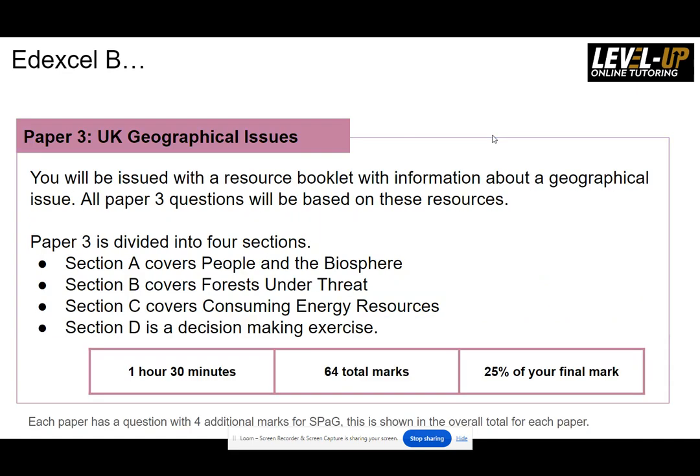Paper 3. Paper 3 is the one where you look at people and environmental issues, and then you've got the final part, which is essentially a little bit of thinking like a geographer. It's that decision-making exercise. On the day of your exam, when you go into the exam room, you'll be issued with a resource booklet with a whole host of information. What you will notice here is exactly the same amount of time. You've still got 1 hour and 30 minutes. You've got slightly longer per mark, so only 64 marks in total, and it's only worth 25% of your final